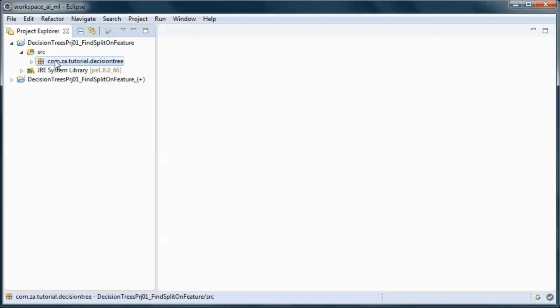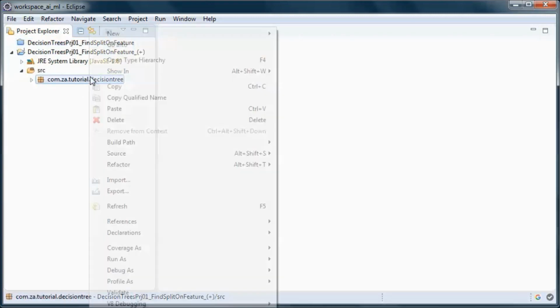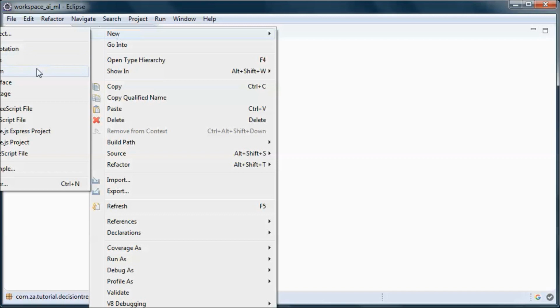And copy this code, and let's create a new package.